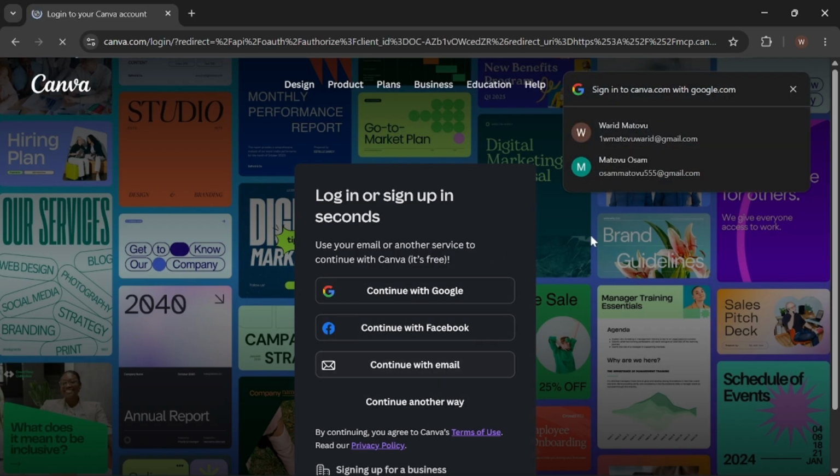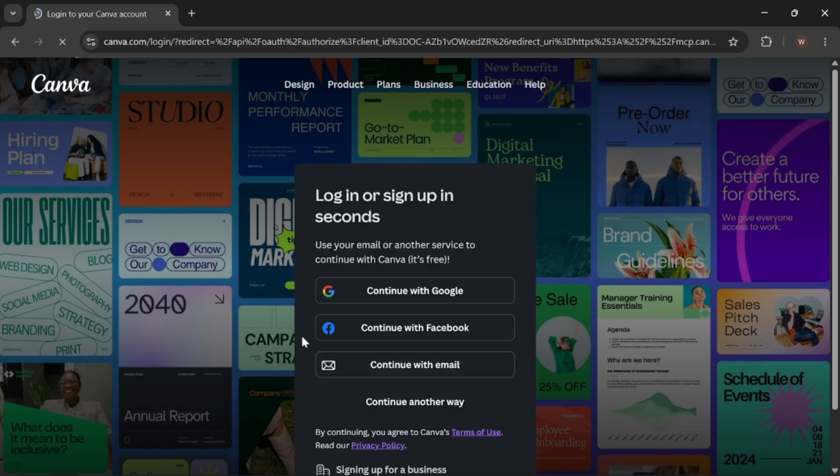Limitation. The specific features available through the Claude Canvas connector depend on the version of the desktop app and your Claude subscription tier. Conclusion. Connecting Claude AI to Canvas involves opening the Claude desktop app, navigating to Customize and Connectors,